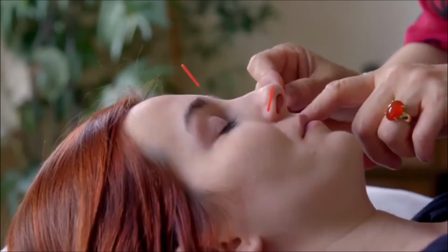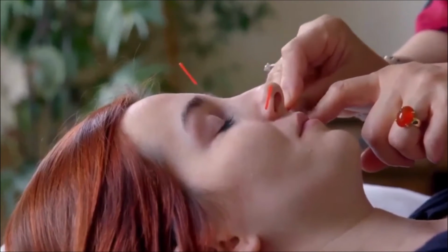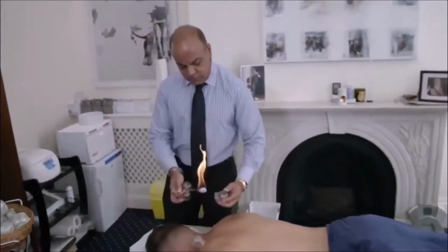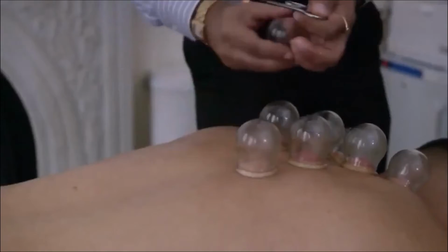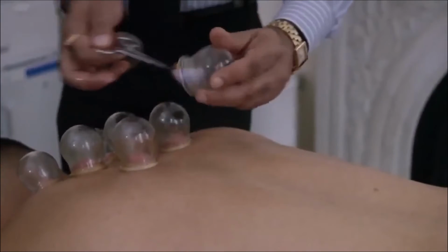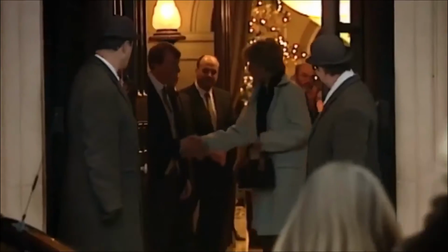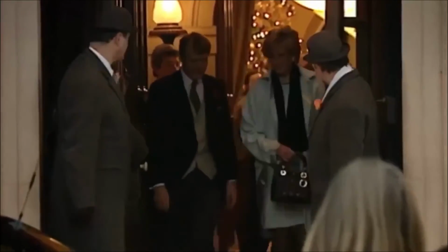In his Marylebone clinic, Nish Joshi is practicing an Eastern therapy called cupping. She loved cupping. We used to do cupping on her at least once a week. What you're trying to do is you're improving the flow of blood into a tissue by creating a vacuum to therefore allow detoxification of...